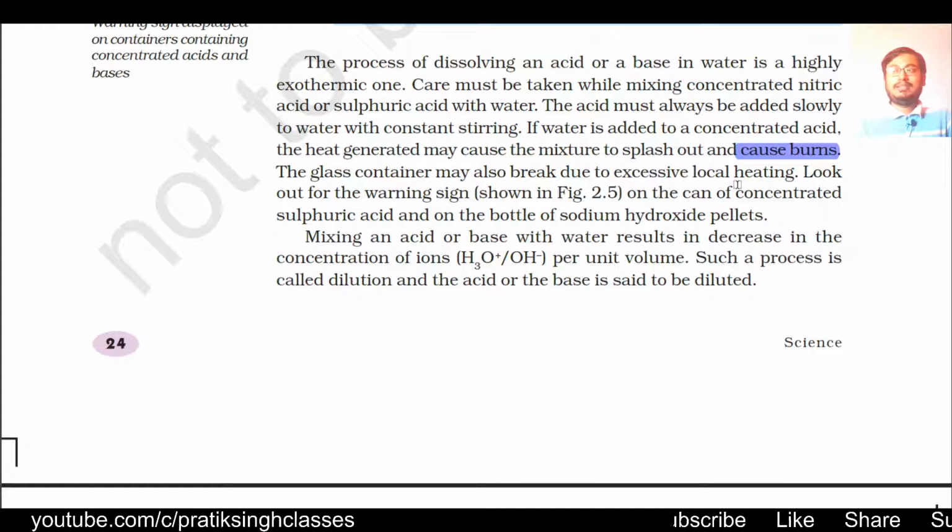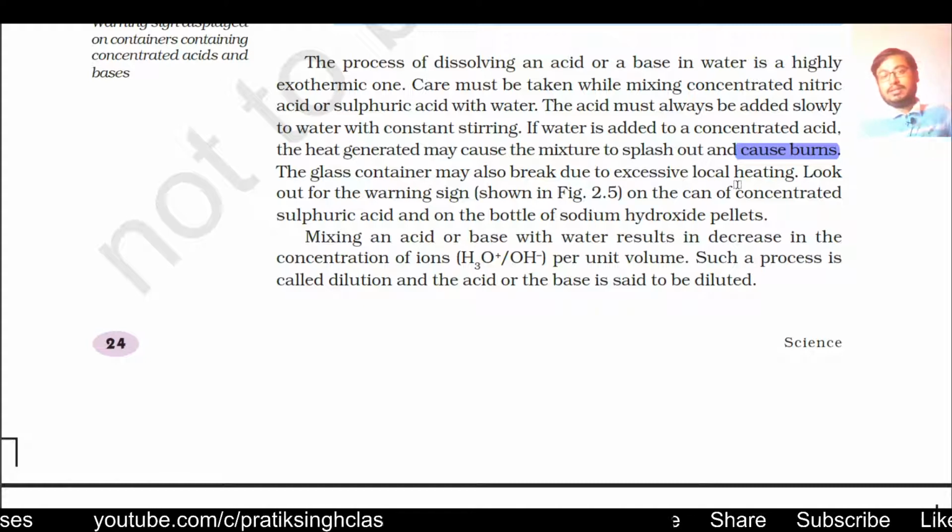Okay, local heat means at the bottom only the heat will be available, not to all the parts. Okay, at the bottom the generated heat will be very high. So it may happen that the glass beaker will break. Okay, there will happen one quenching of glass, means the inner glass surface will become hotter and the outer glass will be cooler or at room temperature, and because of that quenching will happen, and because of quenching the glass beaker will break.